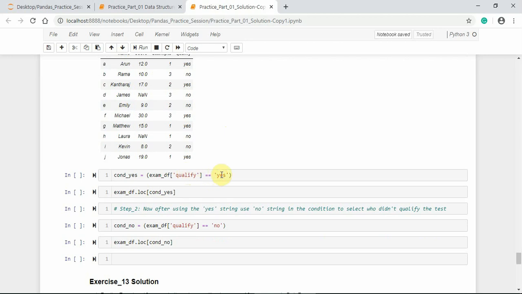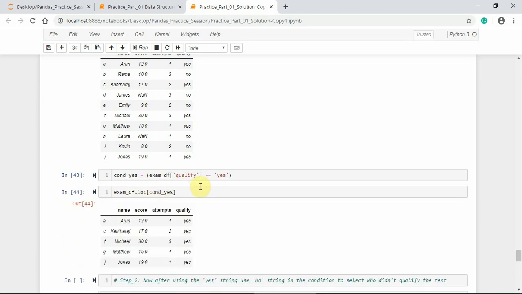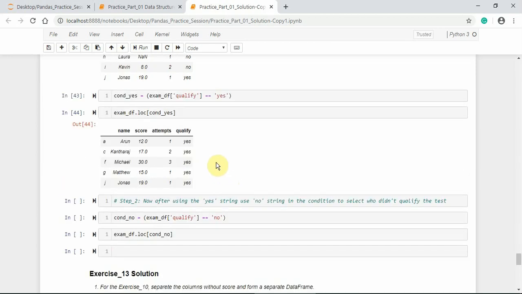So let us create the condition with the yes statement inside the parenthesis. Let us pass this condition onto the data frame object with the loc indexer. We got the data frame only with the yes statements on the column qualify.